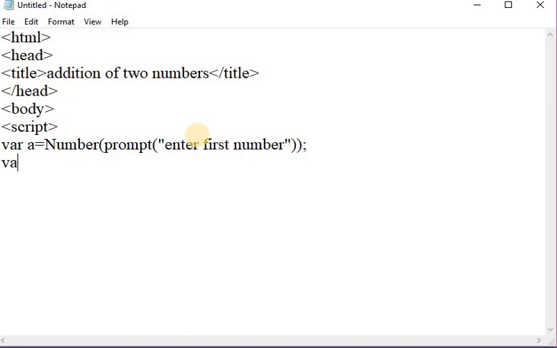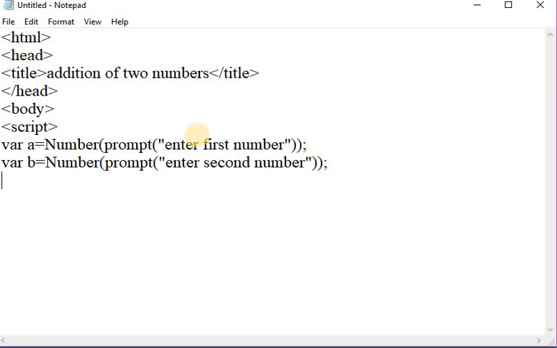After that, I am taking the second variable, that is b, as Number, and in that I am taking prompt enter second number.